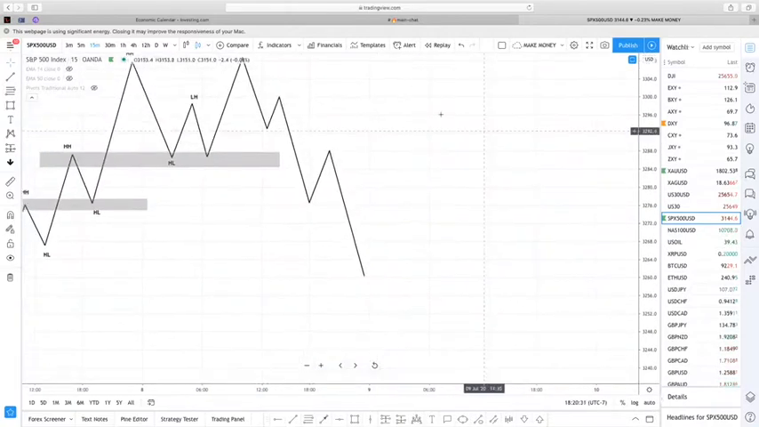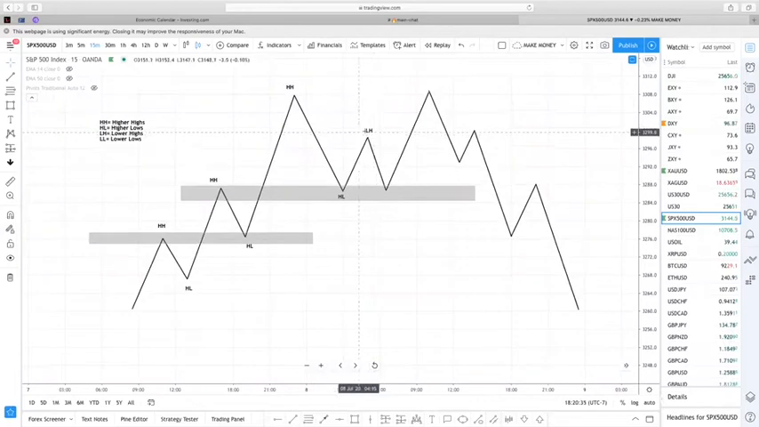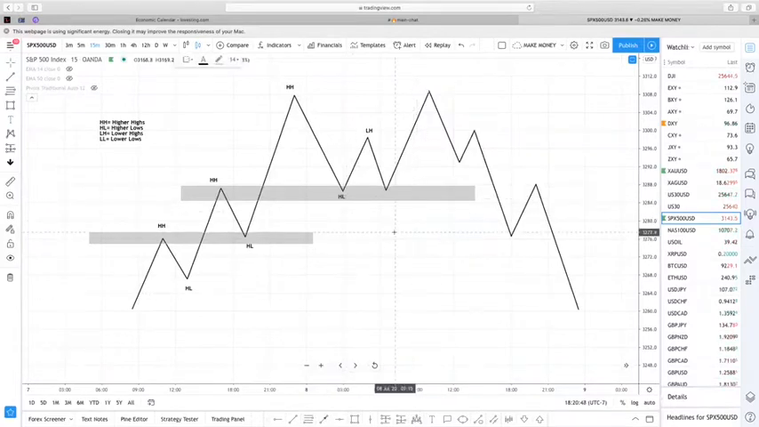So coming back here, after price created this lower high, this right here is kind of like the same higher low as this one. So we can say, because it didn't create,